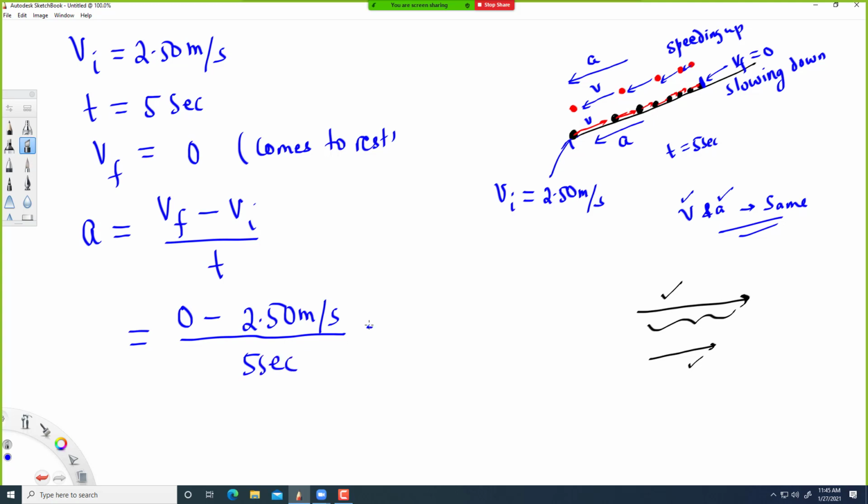So that is negative 2.5 over 5 seconds, which is negative 0.50